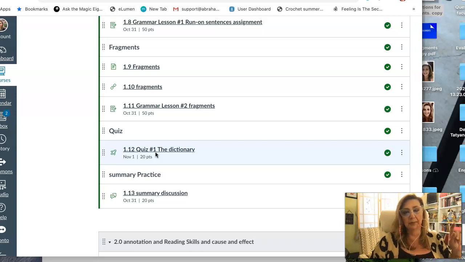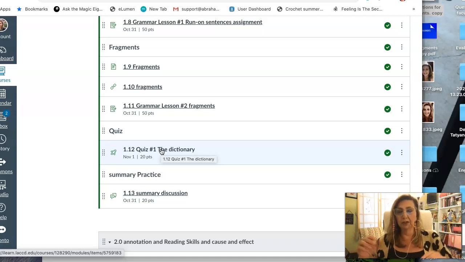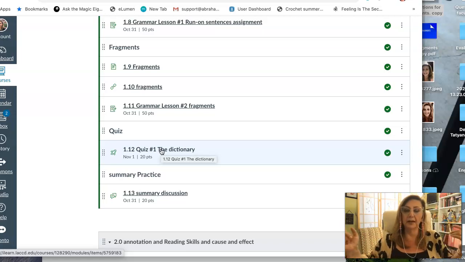I have one note about the quizzes. The quizzes are timed, and it will tell you how much time you have. You only get 3 attempts for the quizzes. And if you use up your time, Canvas doesn't say you used up your time. What Canvas will do is let you turn in your answers, but it won't record it. And what I get is no response. So if you go over your time, your response isn't going to be recorded. So please keep your eye on the time.